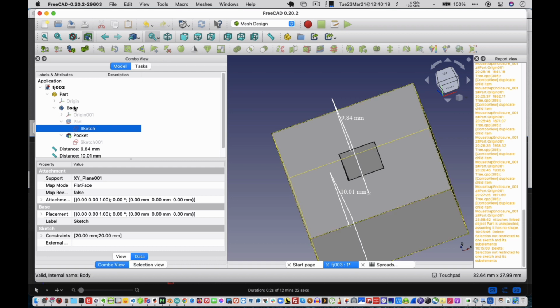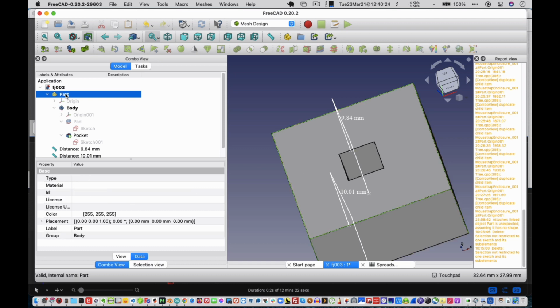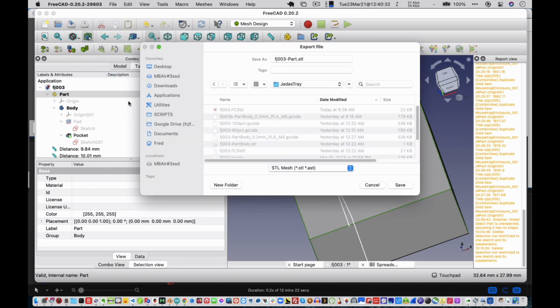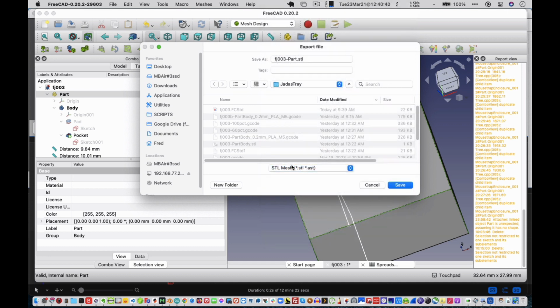I think we'll just go to the part, double click it, and then we'll do file and export. And we're going to do STL for the type. Here we go, mesh, STL. And it ends up just giving you an STL, so I'm going to do a save there,